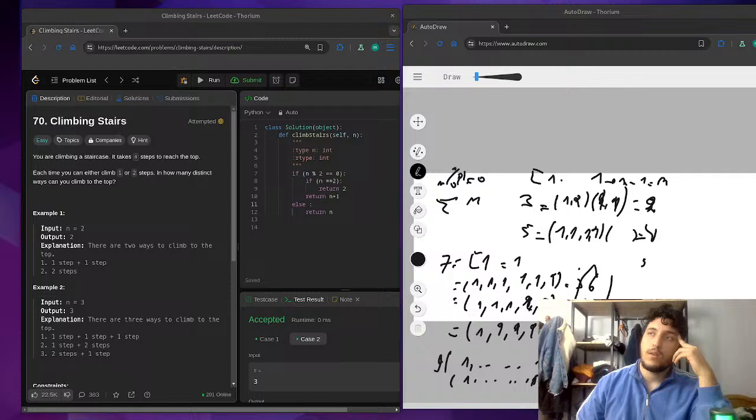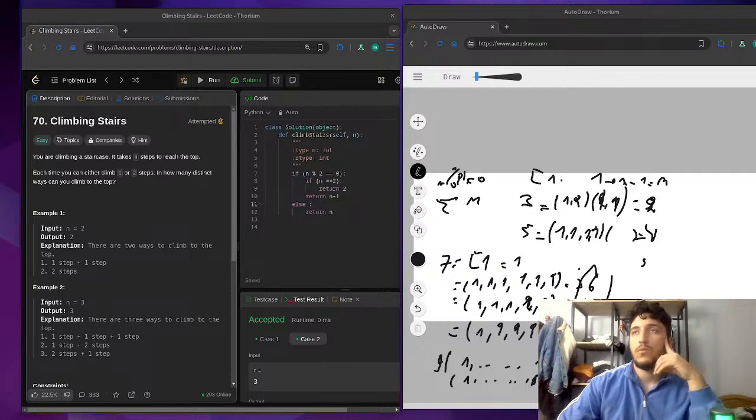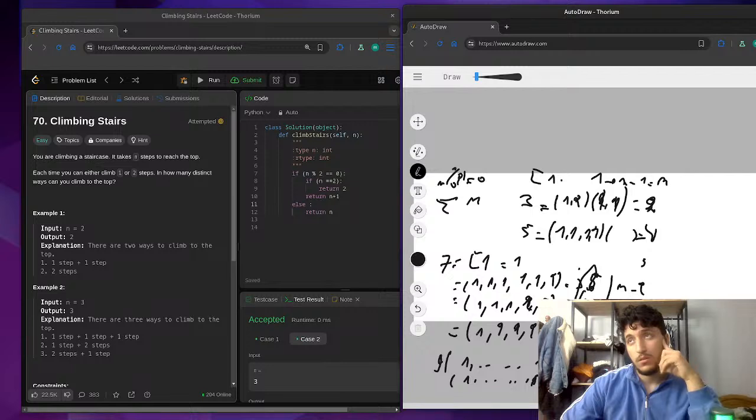Oh, so 3. Then we have 1. So this is 3, this is 4, and this is 5. So which is n minus 2, then n minus 4, this n minus 3. So every time he's gonna